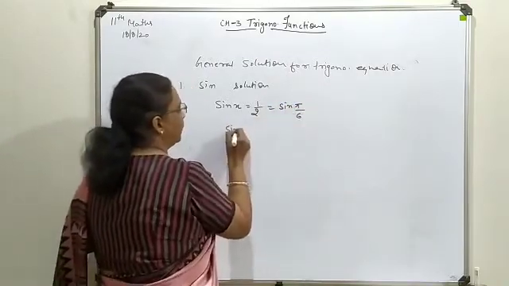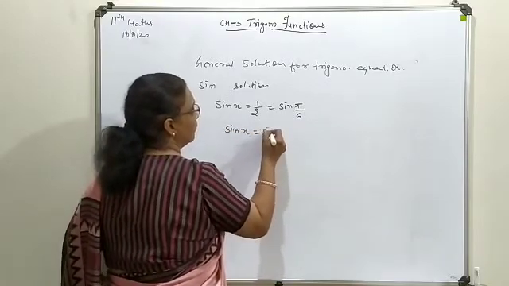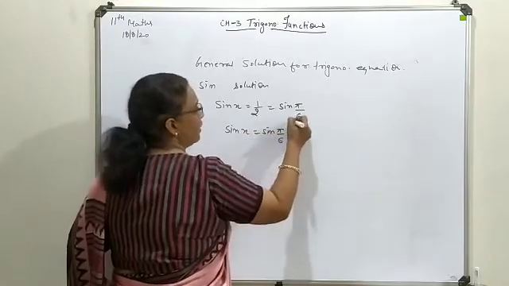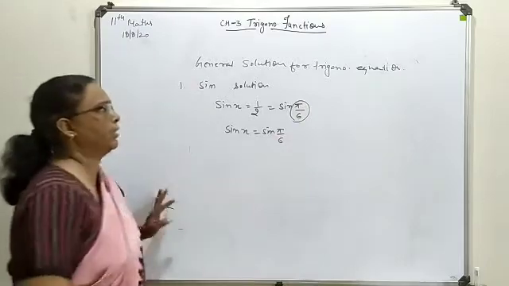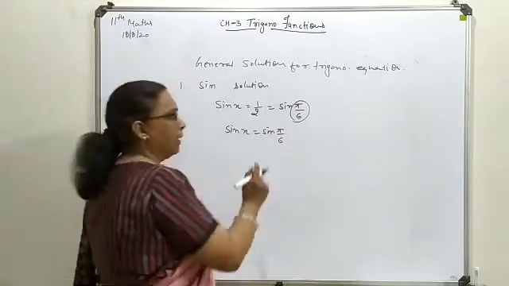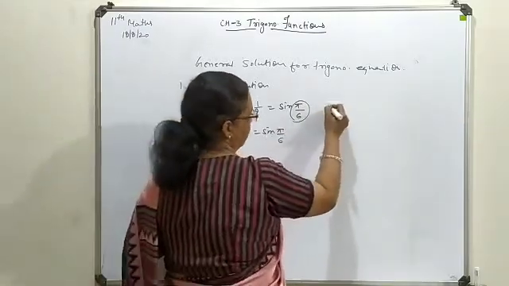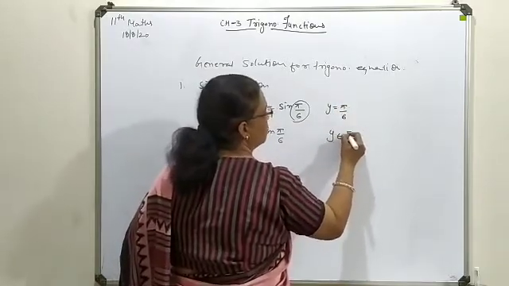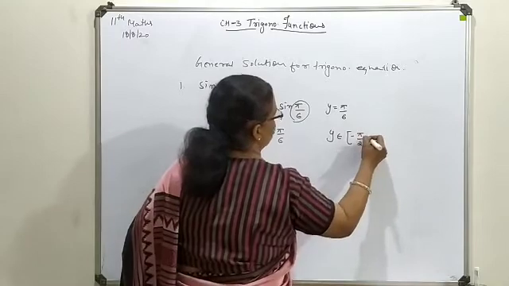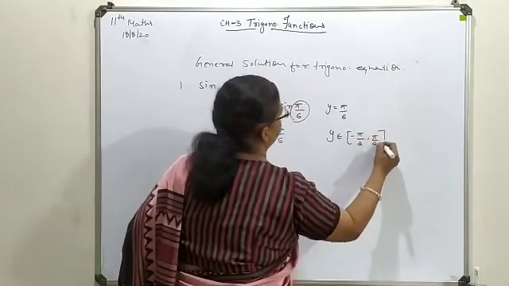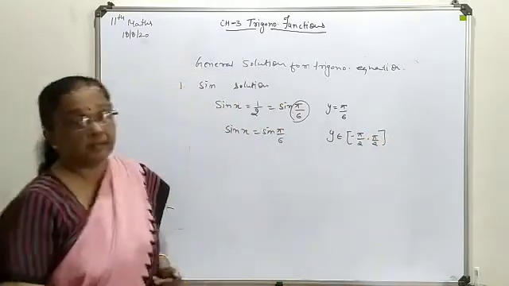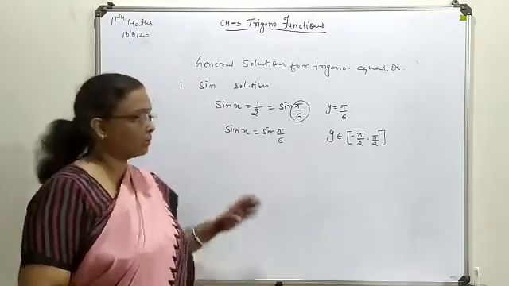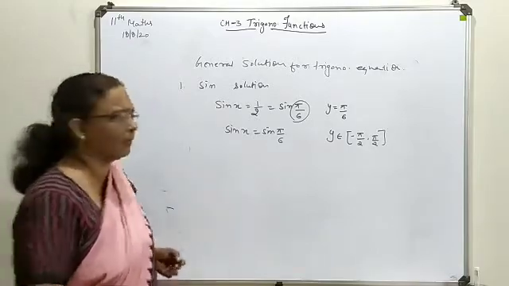Now make them compare. This value you will consider as y. So in case of sine, here y is your pi by 6. So this y should belong to the closed interval minus pi by 2 to plus pi by 2. Now you will ask where I have introduced the minus. So it is a very small thing.